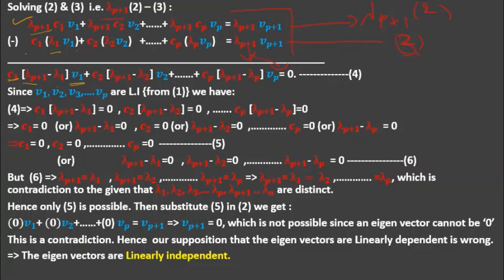Similarly, in the second term also you have c2 v2 common. If you take c2 v2 common, then you have lambda p plus 1 minus lambda 2. Plus and so on. In the last term on the LHS, you have Cp Vp common. So Cp is here, and then you have lambda p plus 1, and here lambda p subtracted. So Cp is here, Vp is here, then lambda p plus 1 minus lambda p. That is equal to the RHS. Both terms get cancelled. It will be 0.